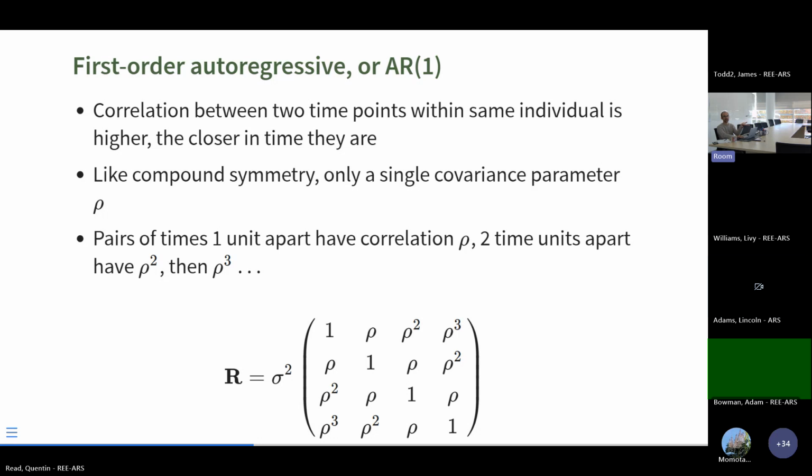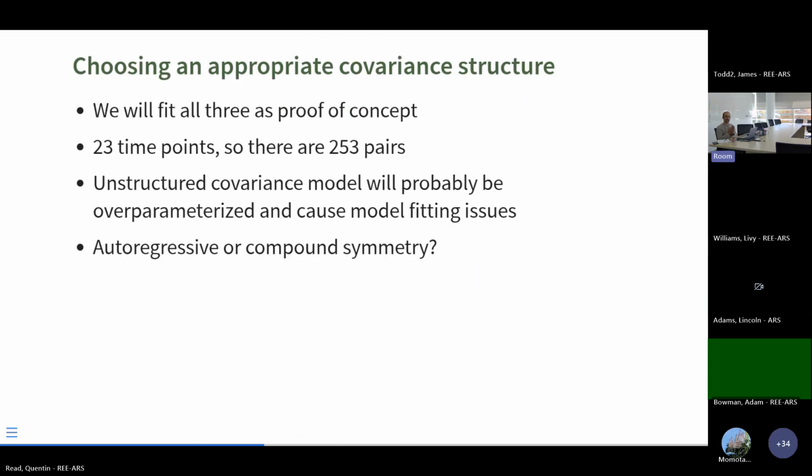So partly you decide based on your knowledge of the system, and partly we can fit the different models and see which one just works best. In this case, we're going to try out different ones and see what works best, because we're pretending we're ignorant and don't know anything about cows. We're just looking at this as pure data, trying to figure out what model fits it best. And as I said, we're going to try all three as proof of concept, although, especially for unstructured covariance, I would not try to mess with that if I was doing this in real life